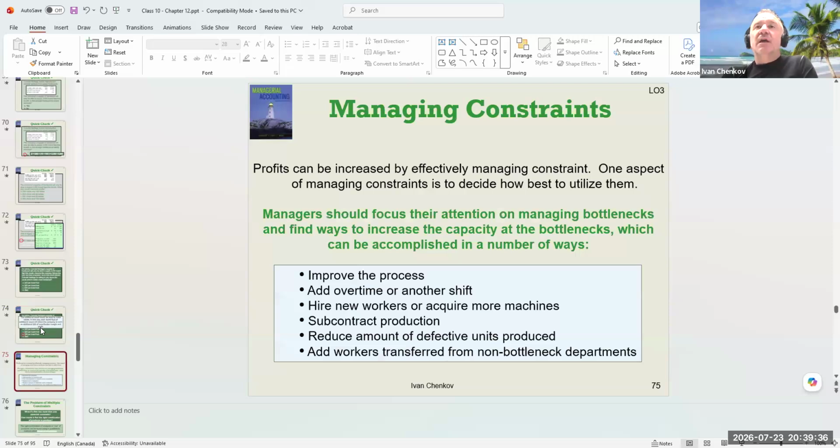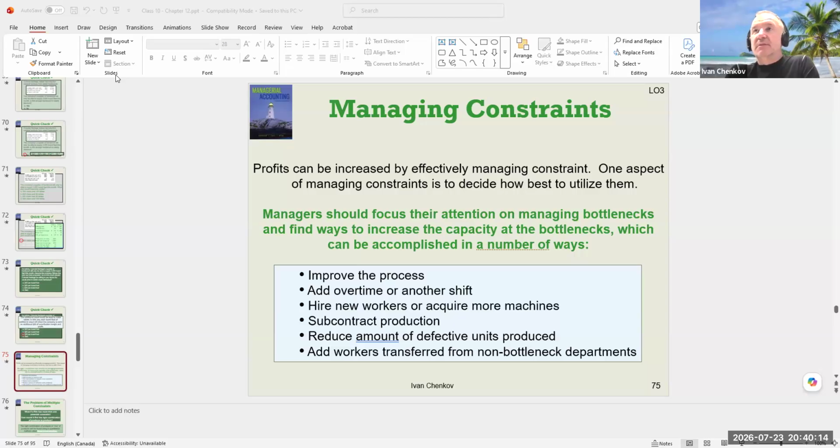So what's gonna happen if we have multiple constraints? But before we deal with multiple constraints, let's see how we can eliminate the constraints. Eliminating the constraints obviously will be the key point when we have production and when we have a demand from the customers. So what we have to do, we have to improve the process or add overtime or an extra shift, hire new workers, purchase a new machine, increase the capacity, try to mitigate that bottleneck